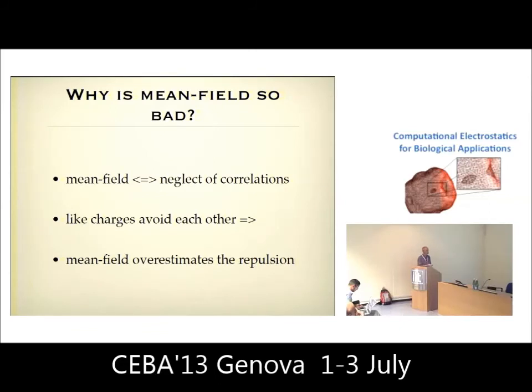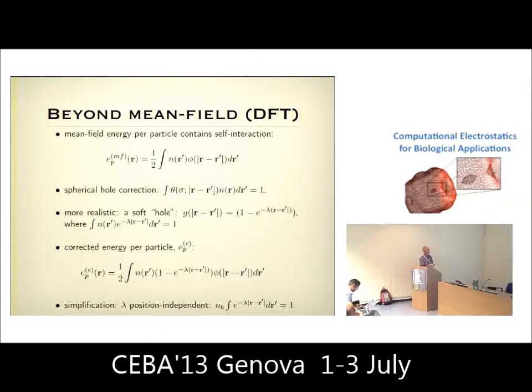So then you can use some simple tricks to account for that. First, we see here that the mean field energy per particle in principle contains a self-interaction. A part of this integral comes from the particle itself. So then you can assume that I will exclude a spherical hole around my test particle, such that this integral excludes just one particle, namely the one you're located at. You can do that, and that will certainly lead to improvements, but a